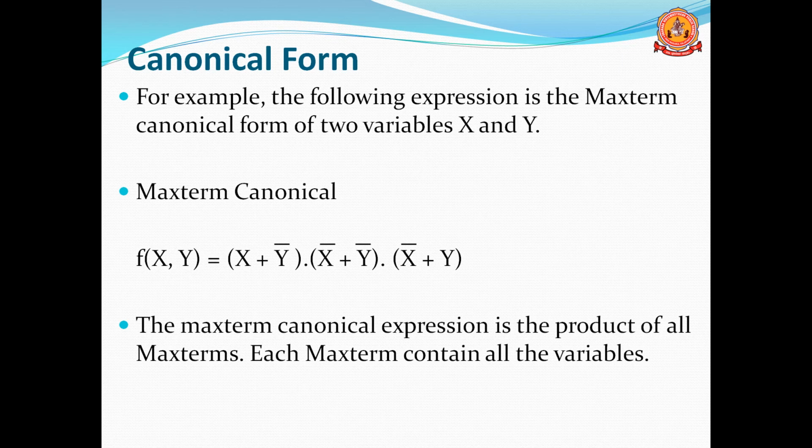Either it may be in sum of min terms or product of max terms, but each term should contain all the variables within a logical system. If it is three variables, all the terms should contain three variables. Two variables means all the terms should contain two variables. If it is four variables, all the terms should contain four variables. This is actually the canonical